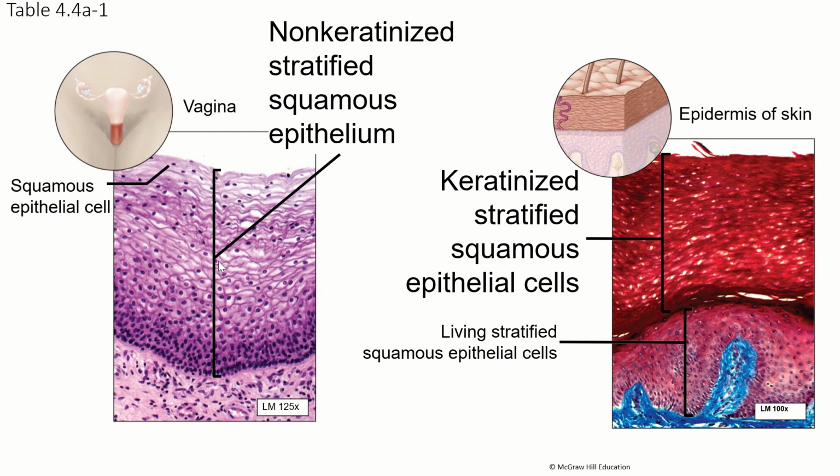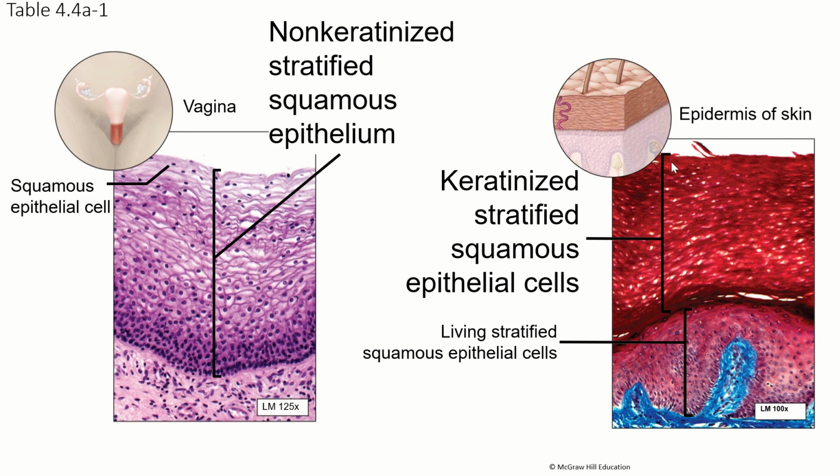squamous tissue is very often stratified. And we have one other thing we need to add, and that is the presence of keratin. Your skin has keratin in it. It's called keratinized stratified squamous epithelial cells. Keratin is a protein. It's very strong. It's the stuff that makes up your hair and your fingernails. And all of these cells in the epidermis of your skin, this upper layer, these are all filled with keratin,